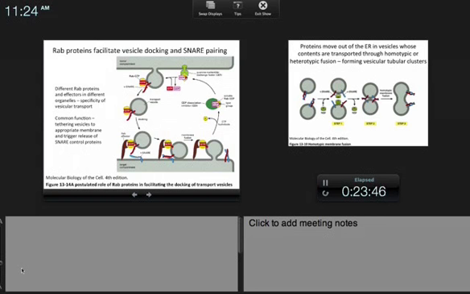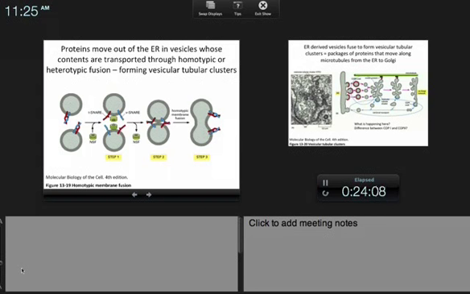Different RAB proteins and different effectors in different organelles. So that's that specificity, okay? Any questions about this? Okay, so proteins are moving out of the ER in their vesicles, and actually the vesicles will fuse together into